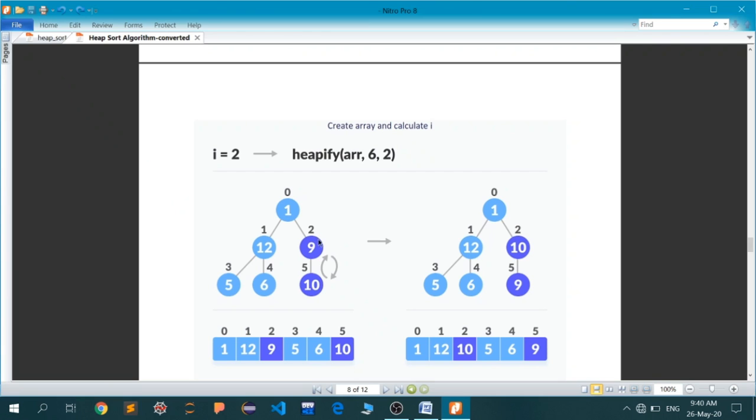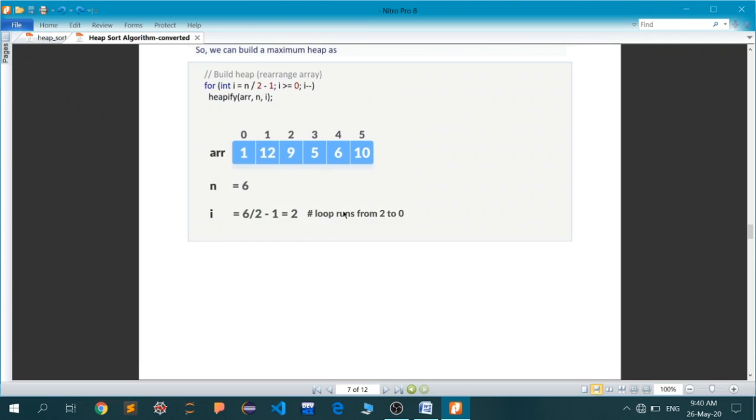As you can see, after index 2, all the indexes are leaf nodes. So we'll start applying heapify first to this node, then decrement by 1 to the next node, and go up until we have applied heapify to the root node itself. I think you have got the point now.